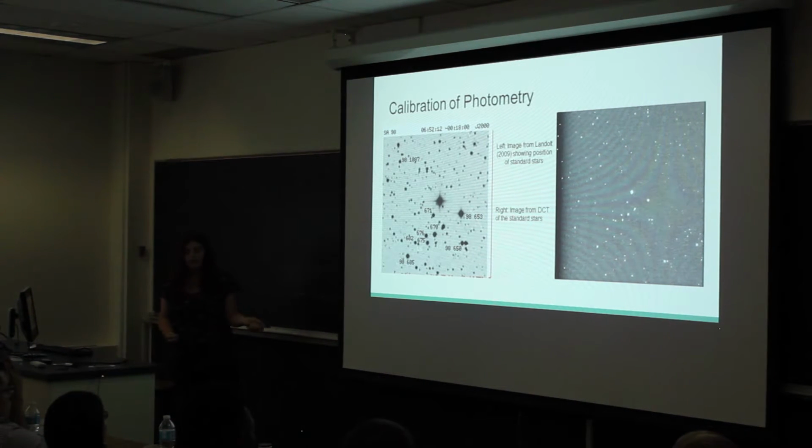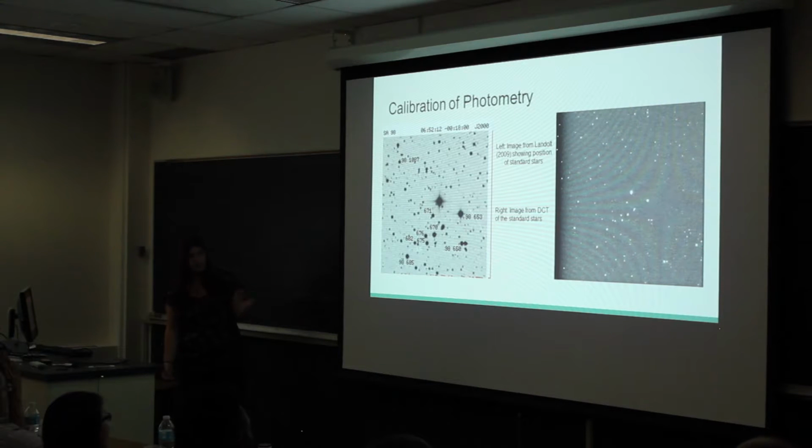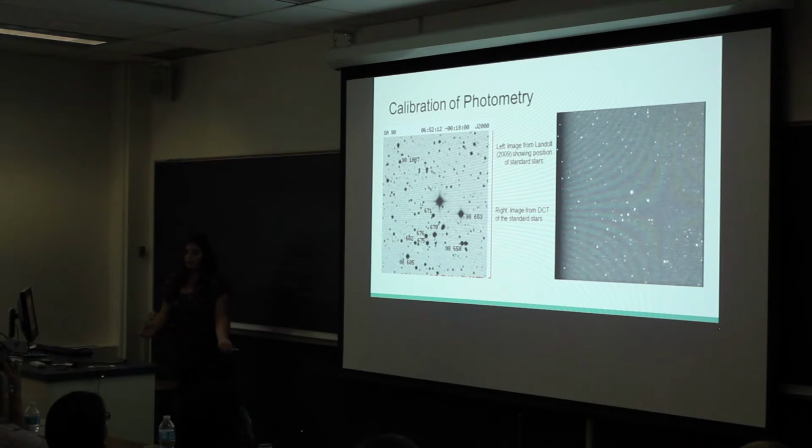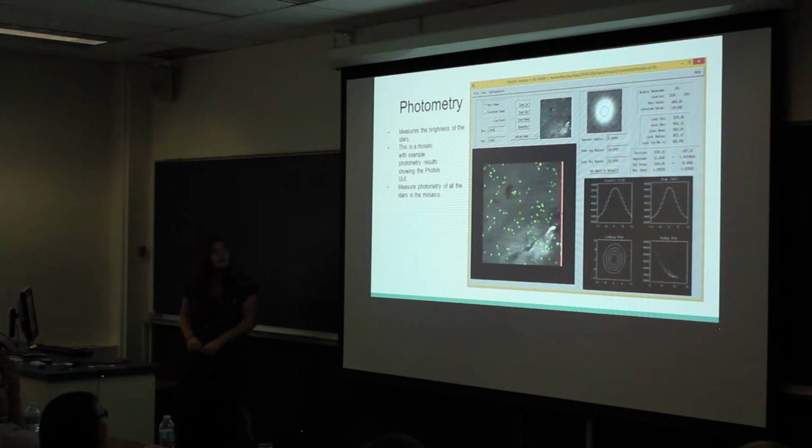So we can find how far off the data taken with the DCT is from the magnitudes and the brightness of these stars, and fix it so that we can make sure our data is proper and we can get the proper magnitudes of all of the stars and brown dwarfs to make sure we're not getting background stars or other things. So to do this, I use a program called Popeis, and this is just an example of a field